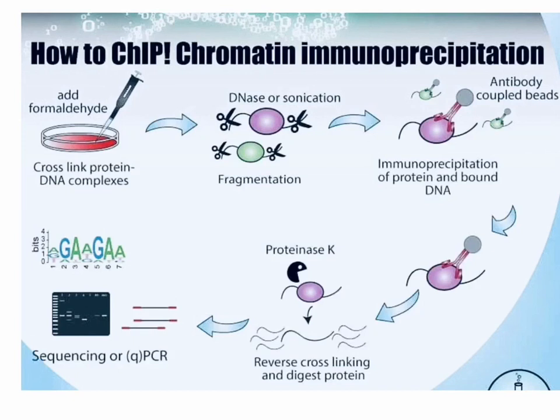Then, after crushing the protein-DNA complexes inside the Petri plate, we go for the sonication method, with DNase or any other enzymes, so the proteins can be separated from the DNA. If they are not separated, we go for another process using antibody technology. If a protein is there, the specific antibody binds with it. You need to know which type of protein is there, so you need specific antibodies that can bind with that protein, and then go for another process, called the protease method.